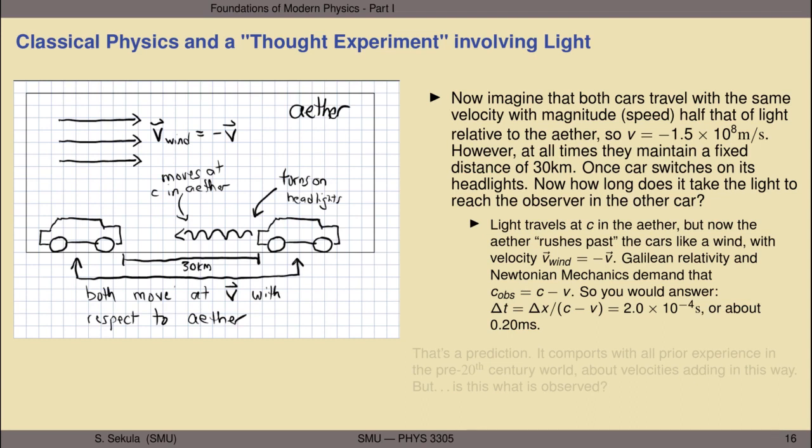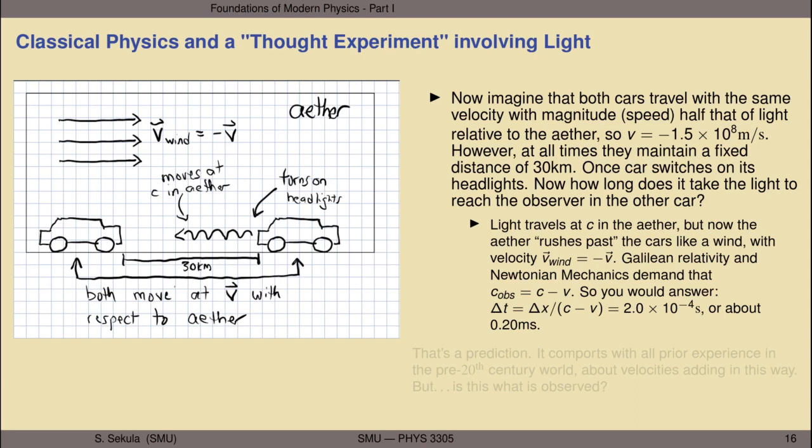If the medium is moving, then the medium's speed can add or subtract from the velocity of the wave in that medium. And so Galilean relativity and Newtonian mechanics are going to demand that the observed speed of light in the frame of the cars is the speed of light in the rest frame of the ether minus the velocity of the cars. And so you would actually see the light leaving from the right-hand car and traveling the gap